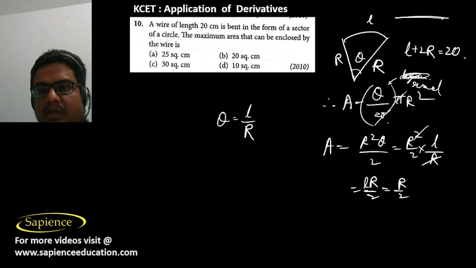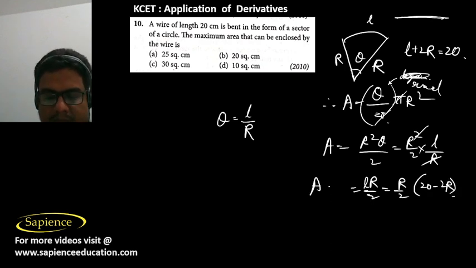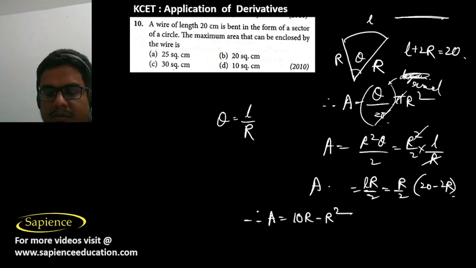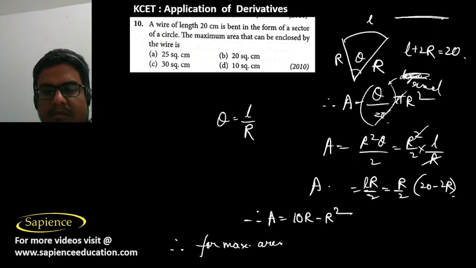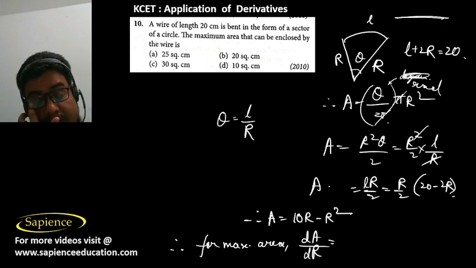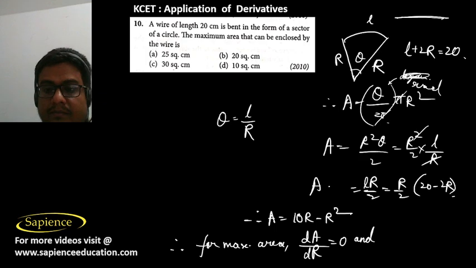R by 2 into L, I can write area is equal to 10 r minus r square. Therefore, for maximum area, we should have dA by dr equal to 0 and d square A by dr square